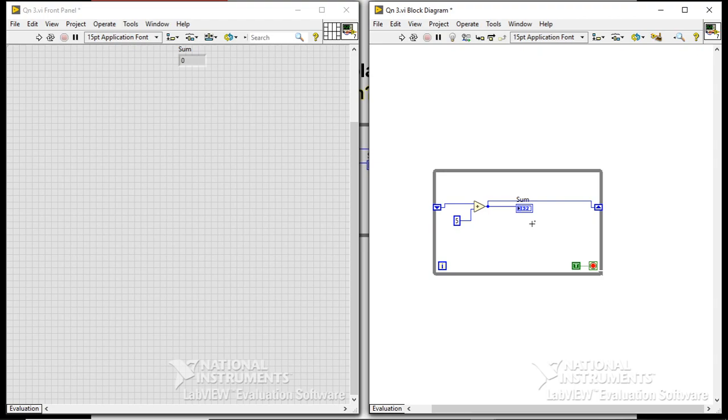Actually the question is, after running one time, if you are running the same VI more than one time, what will happen? We will check the first time. I will press the run button. So you got the value 5, right? And if I run the same code, it's 10. If I run the third time, it will become 15. So it is only a simple thing.